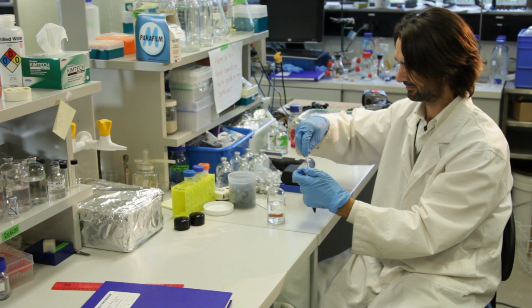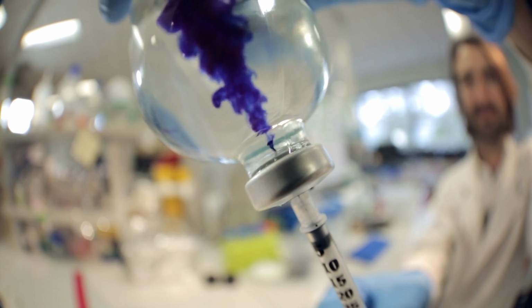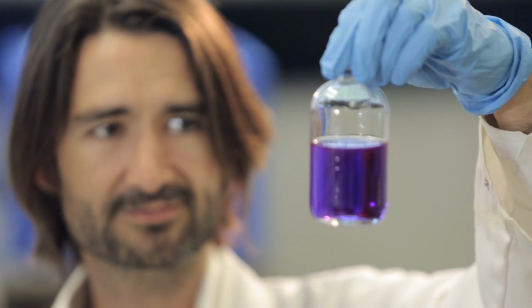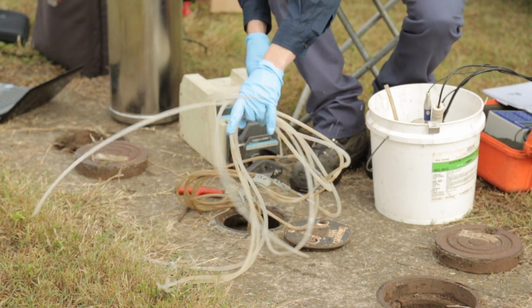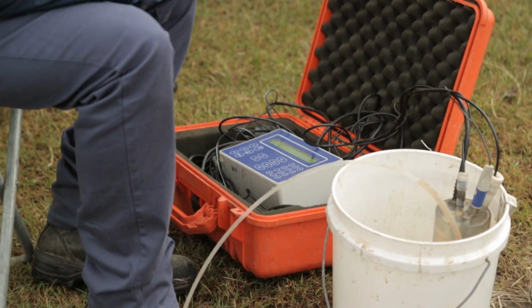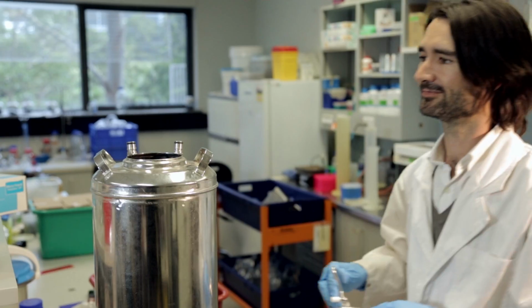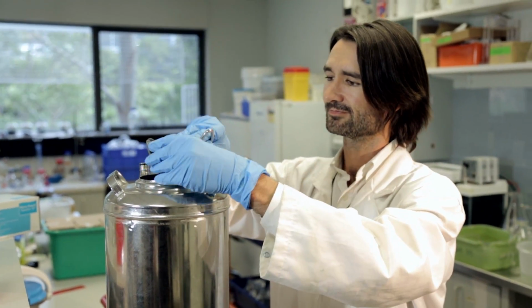Our solution is a natural one. We develop microbial cultures for inoculation of the groundwater to clean up using a natural mechanism, so the bacteria break down these pollutants. We take samples from the contaminated environment, which contain billions of different bacteria, and we bring them back to the lab and we incubate them under specific conditions that favour the organisms that can actually break down